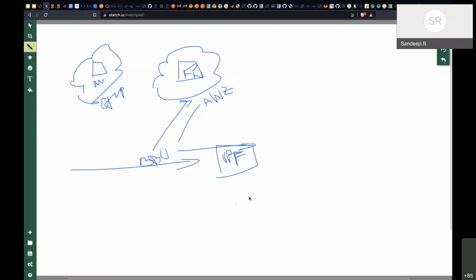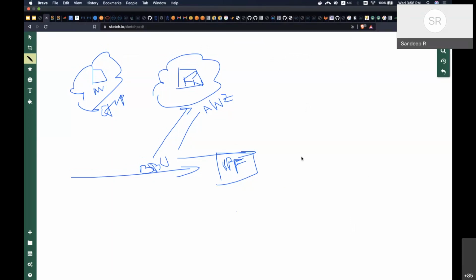I know we are almost at the top of the hour, like 4 o'clock. So I'll take a 5-minute break, and then we will do 2 exercises. One, I will just show you a simulation of 5G using Python. That is the last thing, and I'll share the code also, and then you can try it on your own. So okay, we'll just take a 5-minute break.